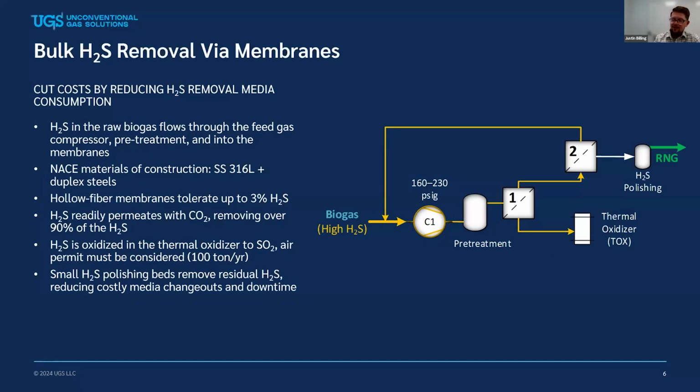And that's also a high H2S stream. Whatever H2S does not permeate in stage 1 permeates in stage 2. And then a small amount of H2S is residual in the product gas. So the dashed line is basically the membrane. And yeah, so the permeate is...